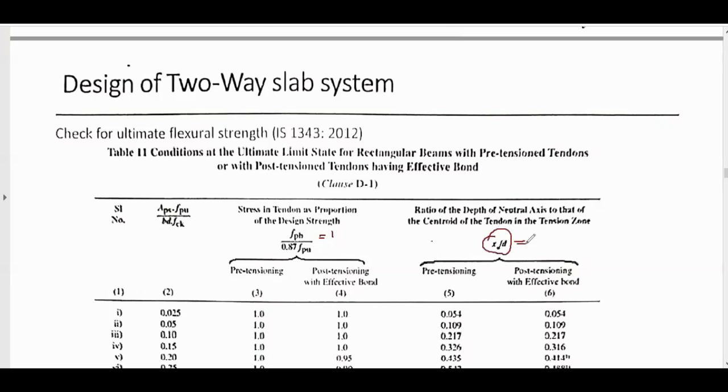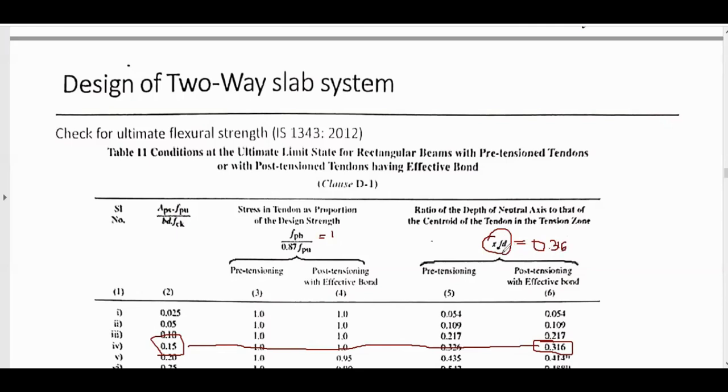So here xu by d, how much will we obtain for the value of 0.15? Corresponding to this, for post-tensioning we have the value here as 0.316. So I will write here the value 0.316, and I can calculate the value of xu as equal to 0.316 into d. So the depth we have already calculated. It is the shorter span depth we need to consider, and after this we will be obtaining